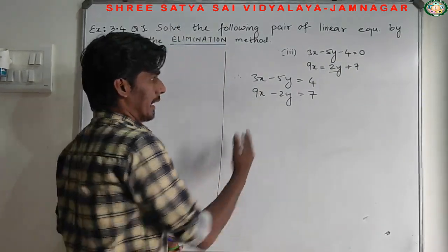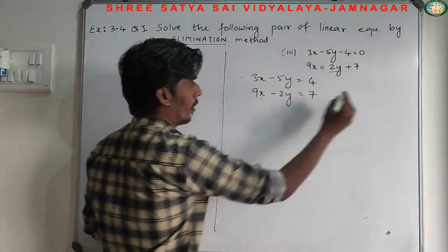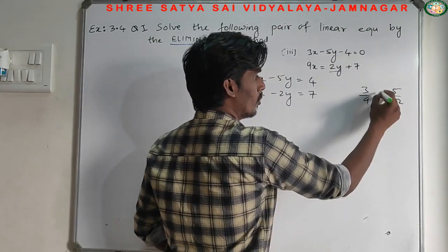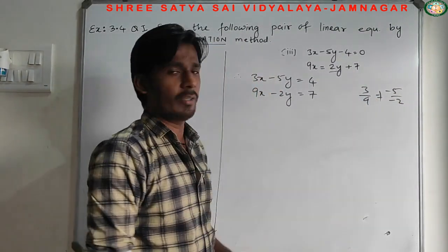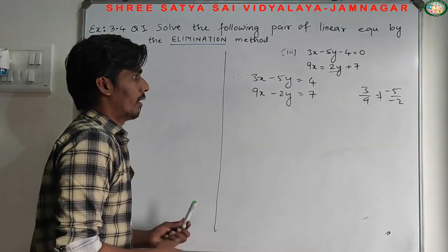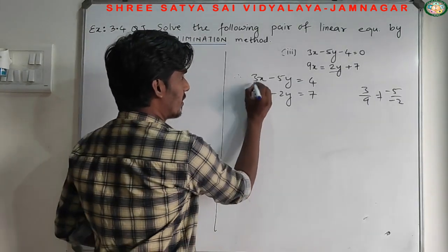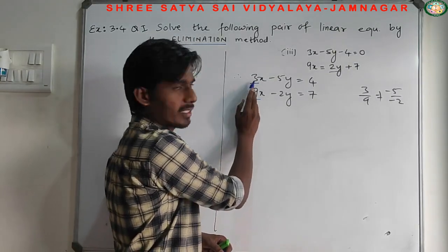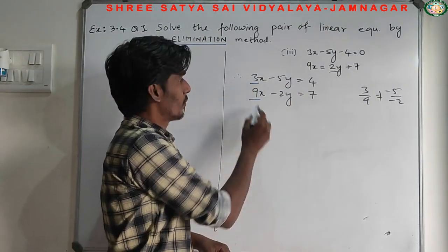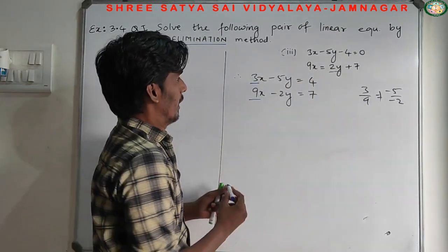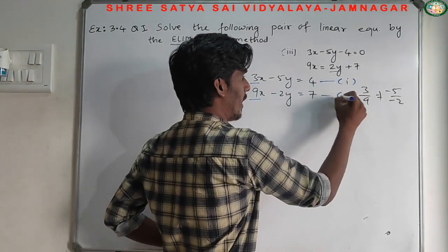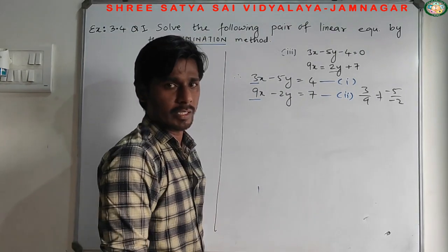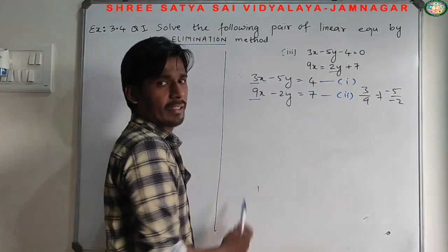Now if you want to check here, a1 upon a2, it's 3 upon 9, and here it is minus 5 upon minus 2. So definitely they are not equal. So now here we want to solve with the same method. Here it is 3, here it is 9. We cannot make 9 into 3, but it is possible to make this 3 into 9 by multiplying this equation by 3. If I say this is equation 1 and this is equation 2, to the first equation I am going to multiply by 3. If I multiply by 3, what will this become? 9.